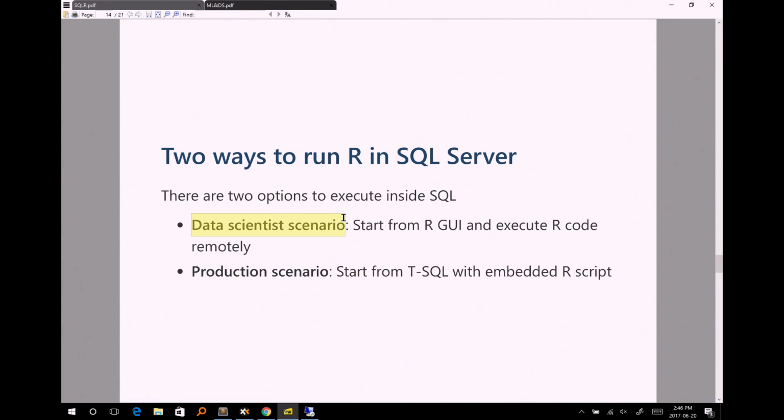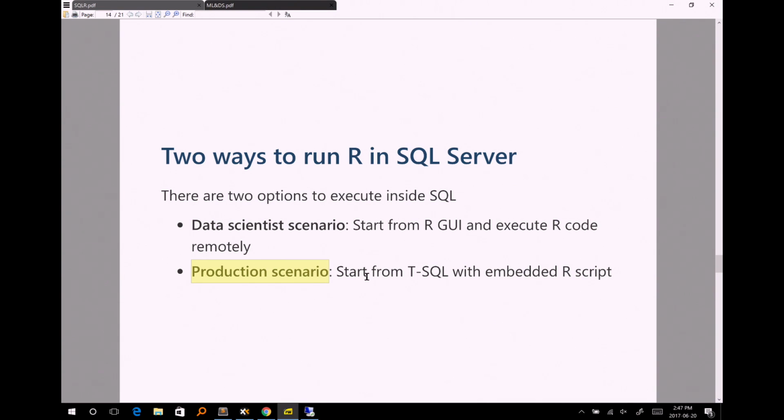And this means more of an interactive kind of environment. That is, we have a data scientist, there is some data in SQL, and they would like to go and explore that data. They might not have any particular application in mind yet. They might just be interested in doing what's called EDA, exploratory data analysis, creating charts, visualizations, asking questions about the data, and just getting a good feeling about what sort of data is in there.